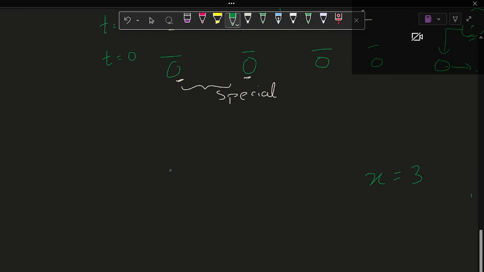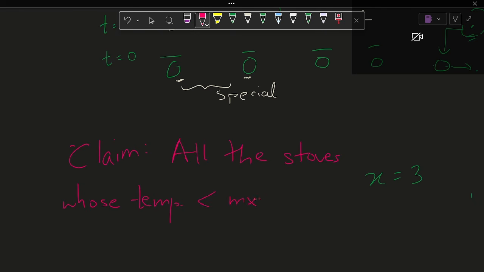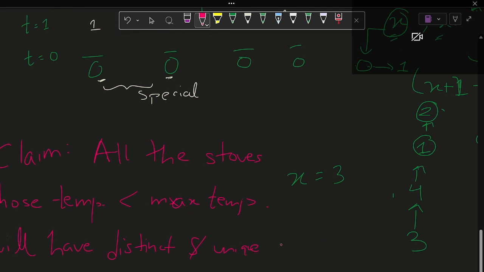We can write our claim: all the stoves whose temperature is lesser than the max temperature will have distinct and unique values,